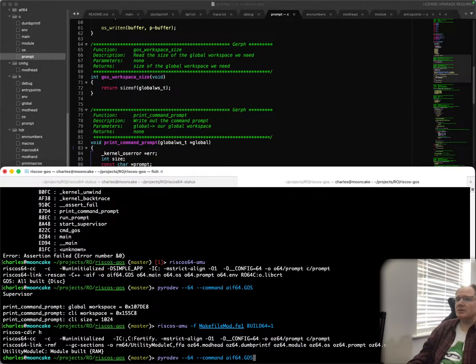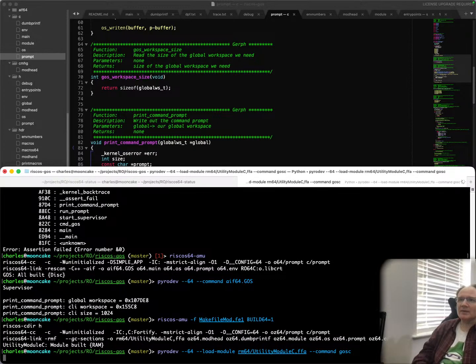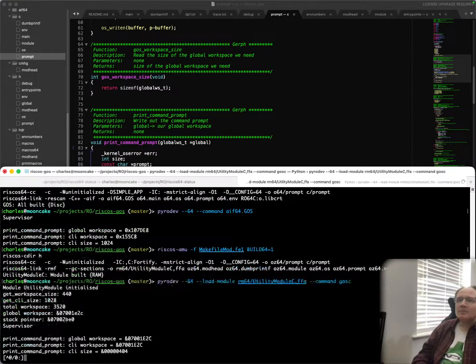64, not that one, that one. And we don't want the tracing in there because I just want to see the same sort of values. Yeah, so there we've now got slightly different things. CLI workspace is coming out differently, which is interesting in the first instance. And those two have come out different, as the same value. So if we look here and look here,